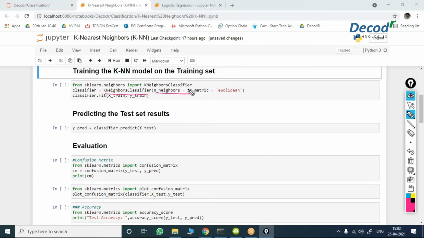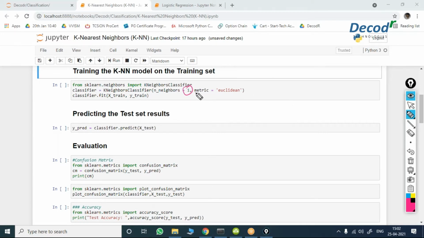In k nearest neighbors, what is the first step? You have to choose the k value. After that you have to calculate the distances. After calculating the distances, it has to identify the points based on the number of neighbors, and then take the voting. So here I'm taking k as 1, which means it identifies the nearest one, and takes that color.